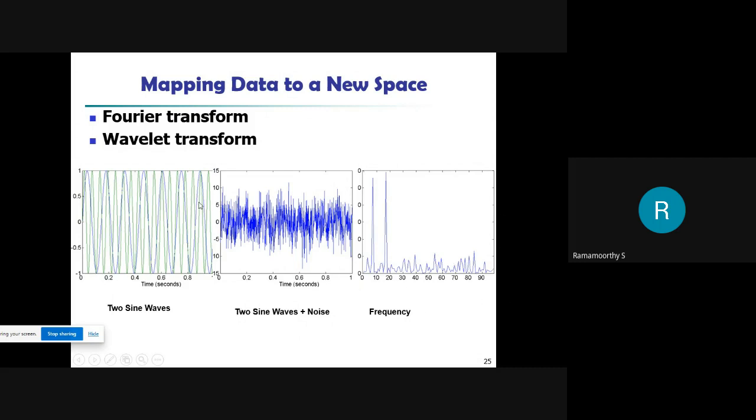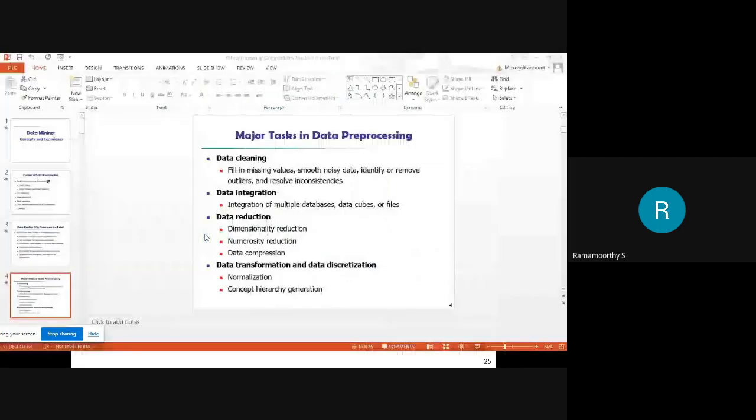So these are the different types of mapping. Wavelet